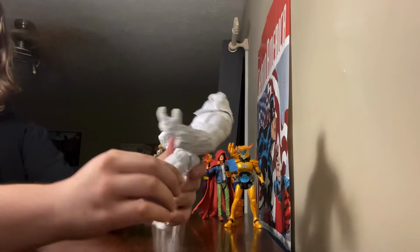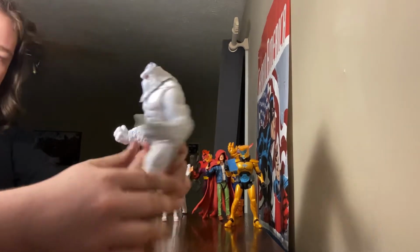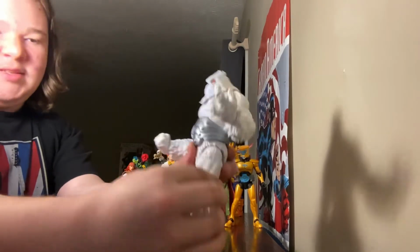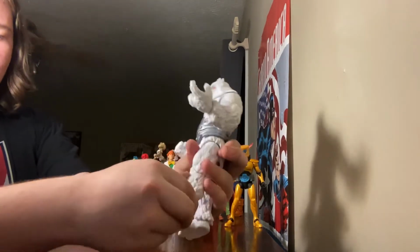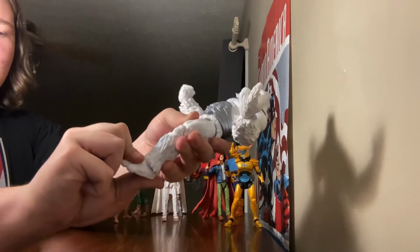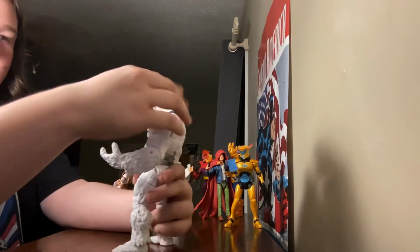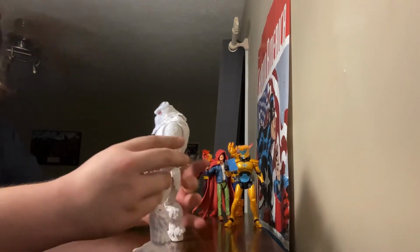He has a spread. His leg can go forward and a little bit back. He has a swivel, and he has a double bend at the knee. He has a slight pivot, and it can go forward and back slightly. So he doesn't have great posability, and like I was saying with Thanos, this is really the most that I expect from